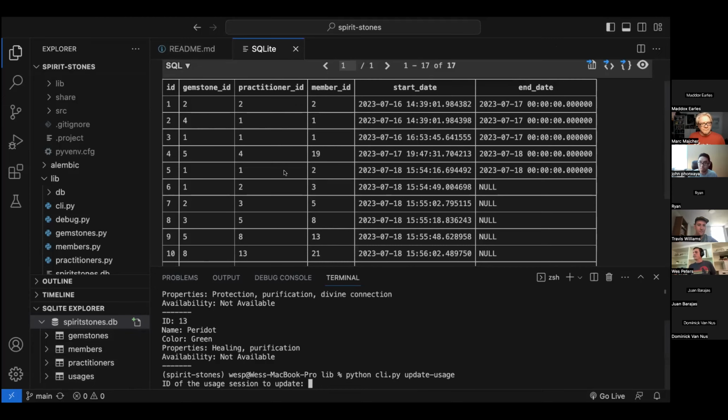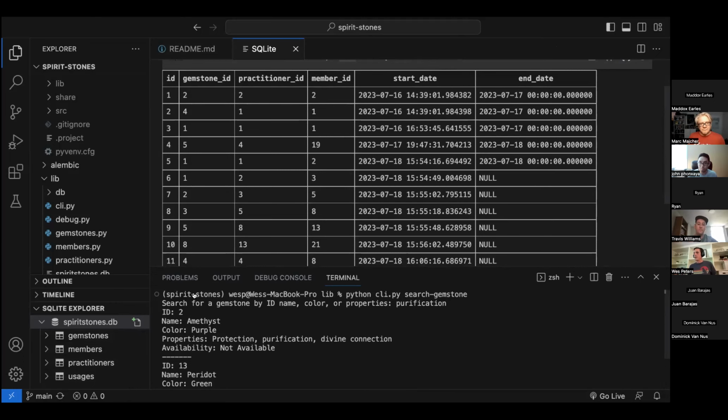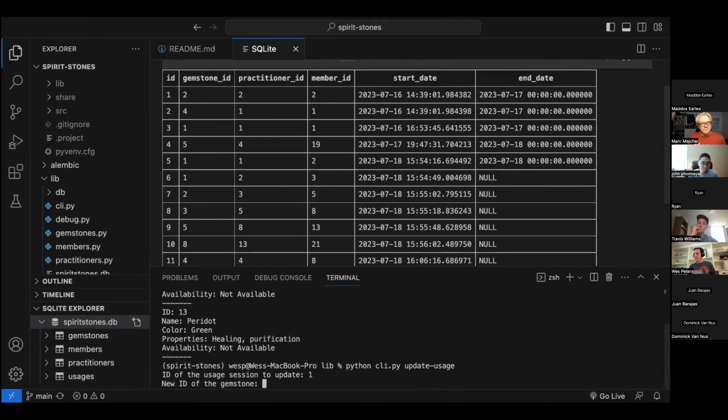There we go, usages table. Again, so that is ID number 2. So I can follow, gemstone ID number 2 is there. It's usage session number 1. Okay, so I would do that. See, then it says I need to put in